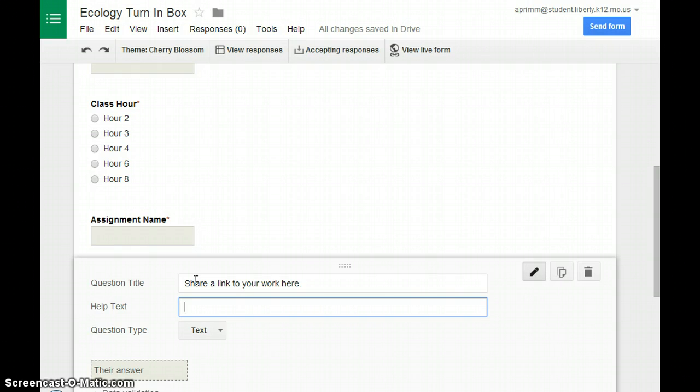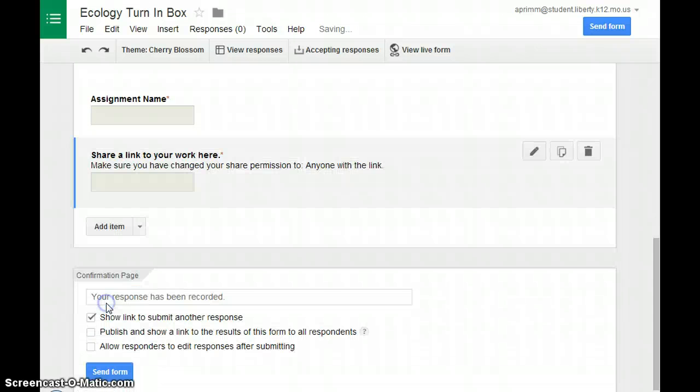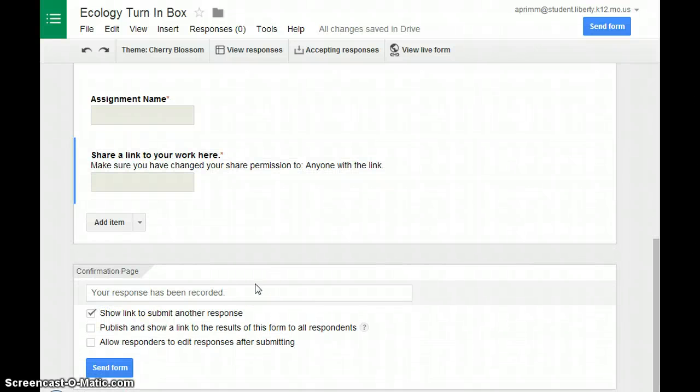The reason why I do that is because if parents want to see this, I can email out that link and they don't have to have a Liberty user address in order to view the work. Okay, so when I click that, I'm going to require it, click done, and then I'm actually finished making my